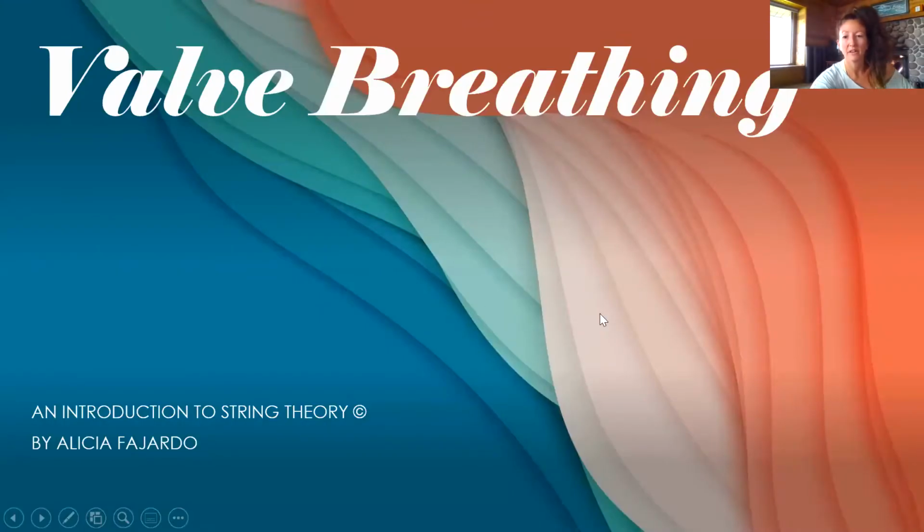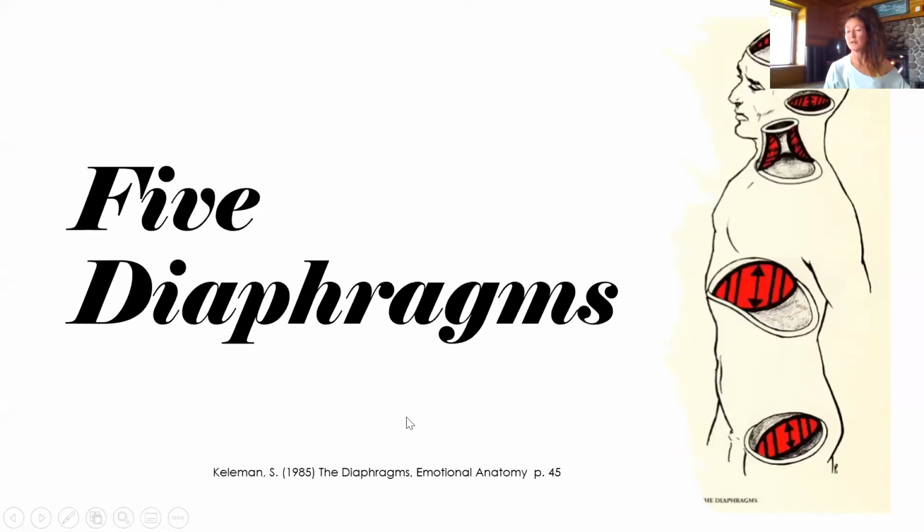I'm going to show you a picture of the 5 diaphragms, and there are actually 7, but this just shows 5 of them. When we're talking about valve breathing, rather than just talking about respiration, which is what your lungs do, valve breathing includes all the different diaphragms in the body. You'll see that there are 2 in the head that pump the cranial sacral fluid up and down. There's one in the throat at the neck called the omohyoid valve, and then there's your diaphragm muscle,